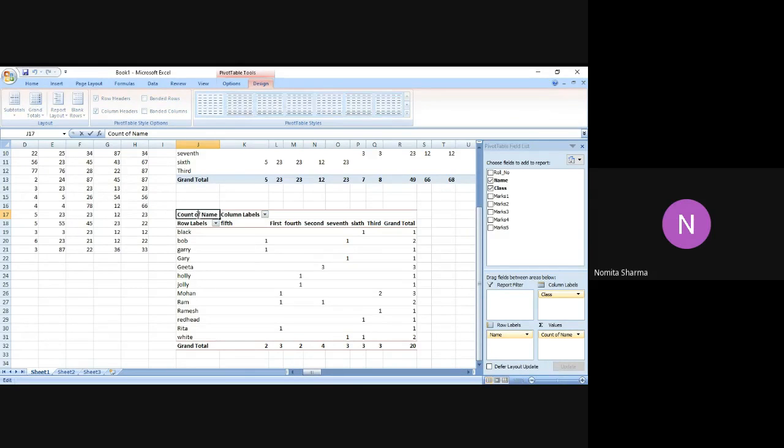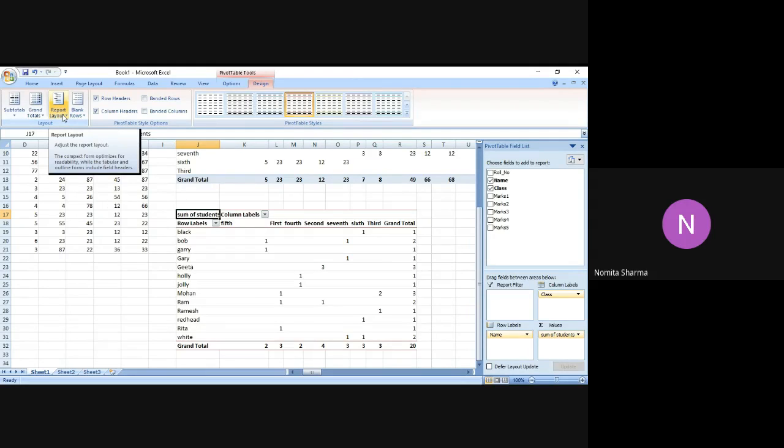I can change that. Let me just try doing the change. It will just say sum of the students, but the number will not change. If I just change the text, it will only allow me to change the heading of the table. In a similar manner, let's see what extra we can do.